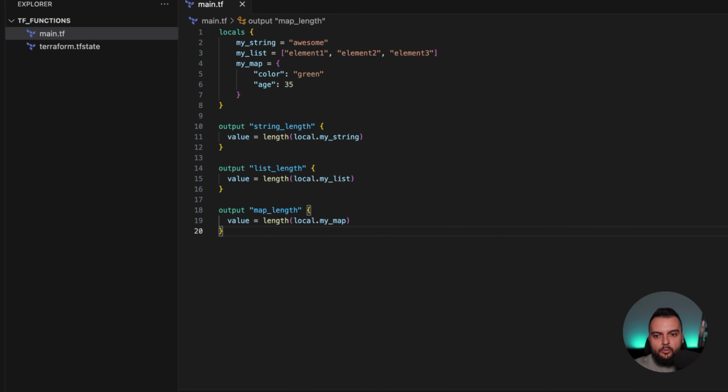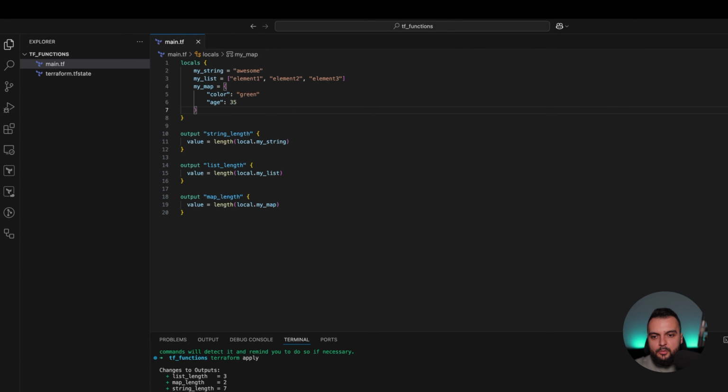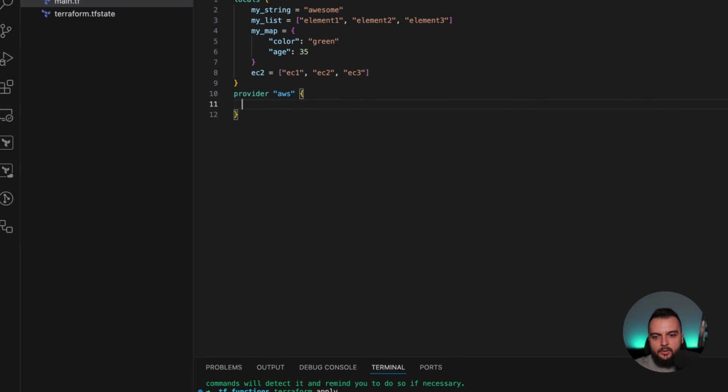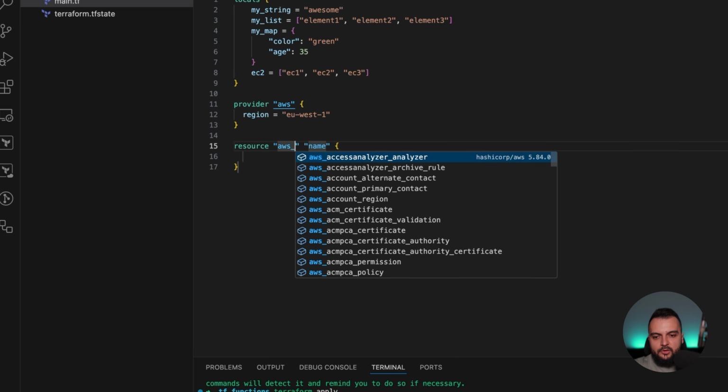So now you might wonder where you can use this in a real life example. So before for_each came out, I was using the length of lists very much when I was using counts. So for example, if we want to create EC2 instances, we could say EC2 here, and maybe just add EC1, maybe EC2, EC3. And what we can do is actually we can declare a provider here for AWS, just specify the region. I'll do eu-west-1,